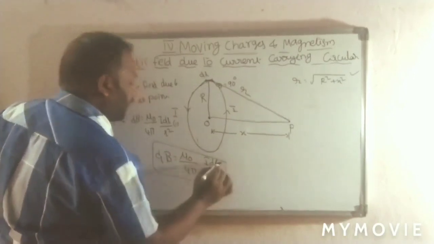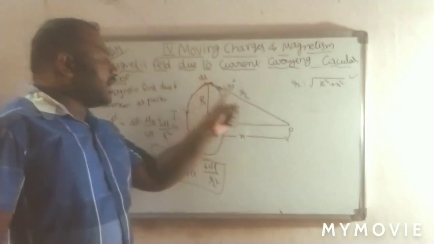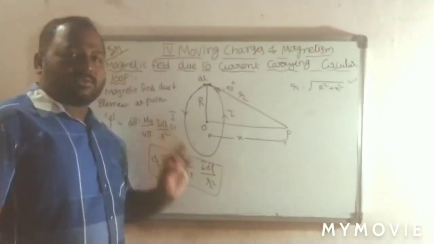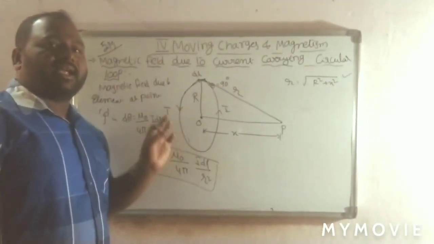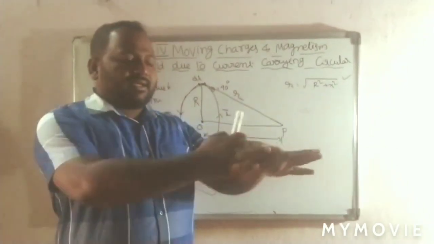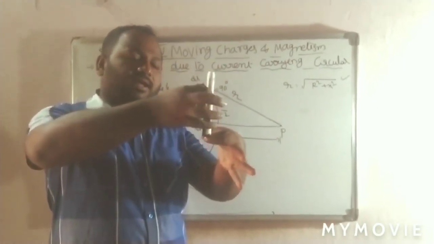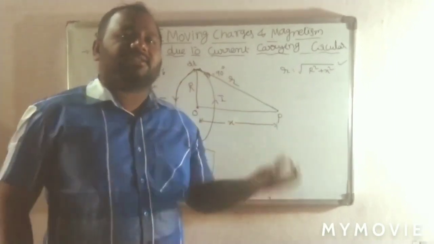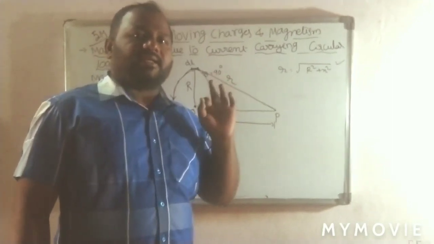First remember this point also. The next point is the magnetic field due to the current element at the point P is mu naught by 4 pi I dl by r square. Here theta is 90 degrees, sin 90 becomes 1. The reason is it is the coil and that is the loop. The angle between the loop and the small r is 90 degrees, so sin 90 is equal to 1.